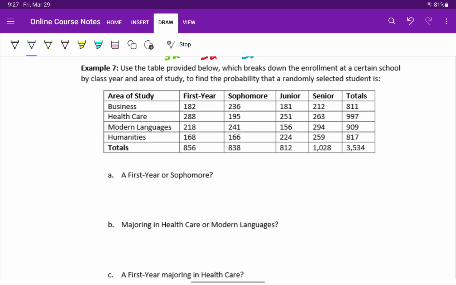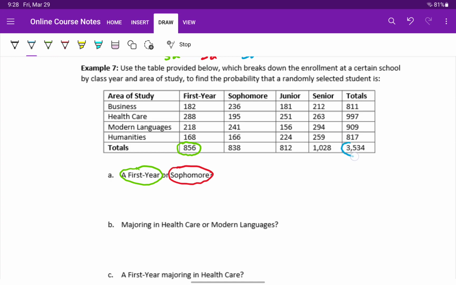study. In part A, we want to find the probability that a randomly selected student is a first year or a sophomore. In this case, those are mutually exclusive events. A student is either in their first or second year of school. To figure out the probability that a student is in their first year, we need to determine the number of first year students. So there's a total of 856